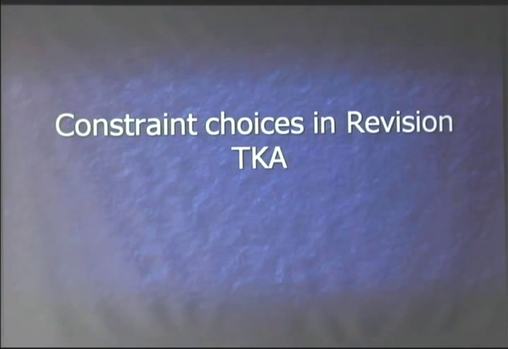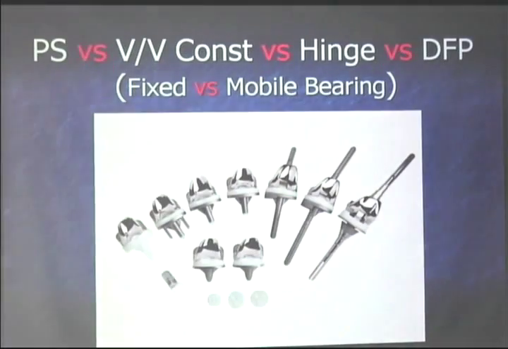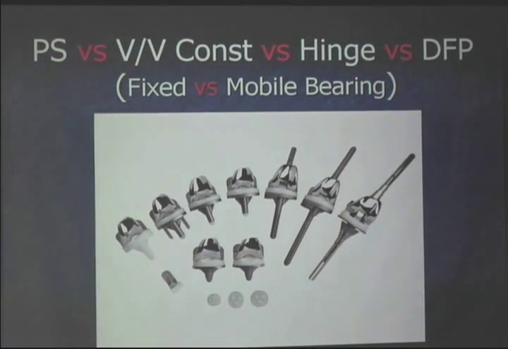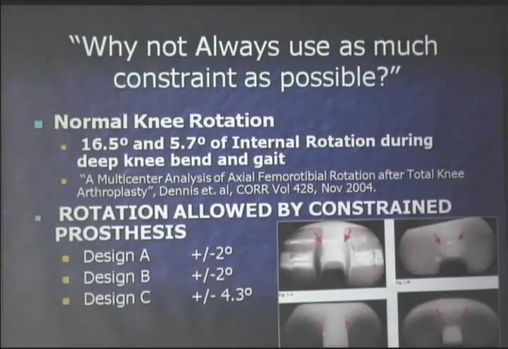This is something that I deal with constantly when I'm doing revisions. How much constraint do you use in any given revision case? Here would be all of your options: PS, varus valgus constrained, constrained hinge, or distal femoral replacements. And the question my fellows often ask is, well, why not just put in more constraint? I mean, why not use the CCK in this case? Why not use the VVC implant in this